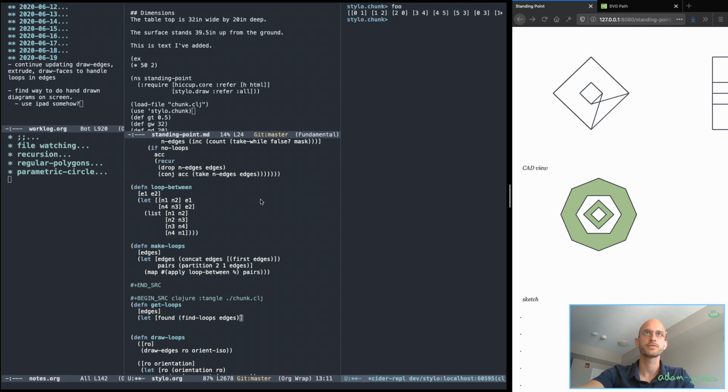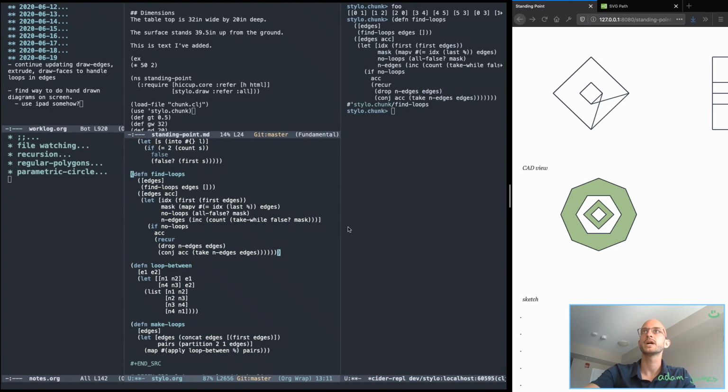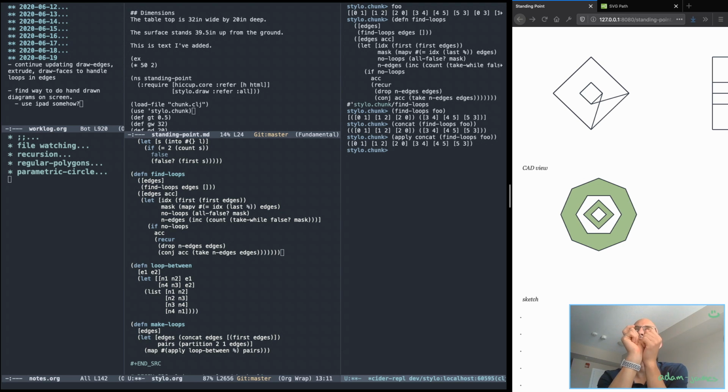First of all, I have to build that so that find loops is in the REPL. If I do find loops of foo, I've got two lists here. If I do map concat, no, if I just do concatenate, oh, that didn't change anything. Apply. Right, so if I apply concatenate onto that, this is now a list of edges that should be removed from